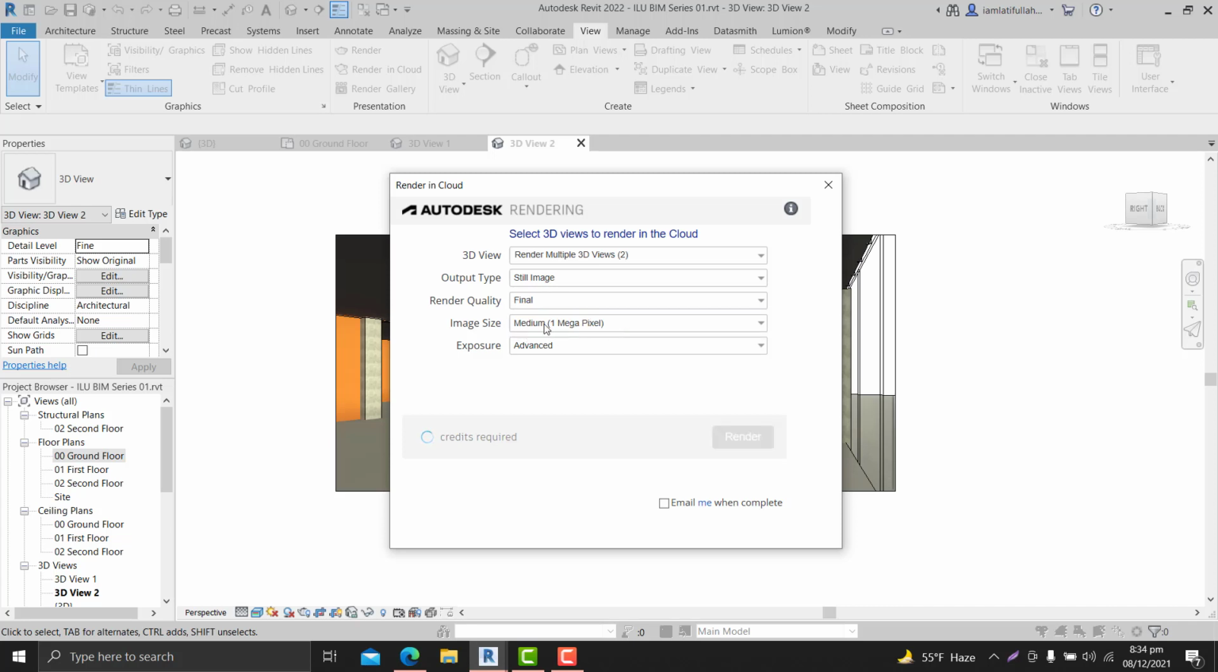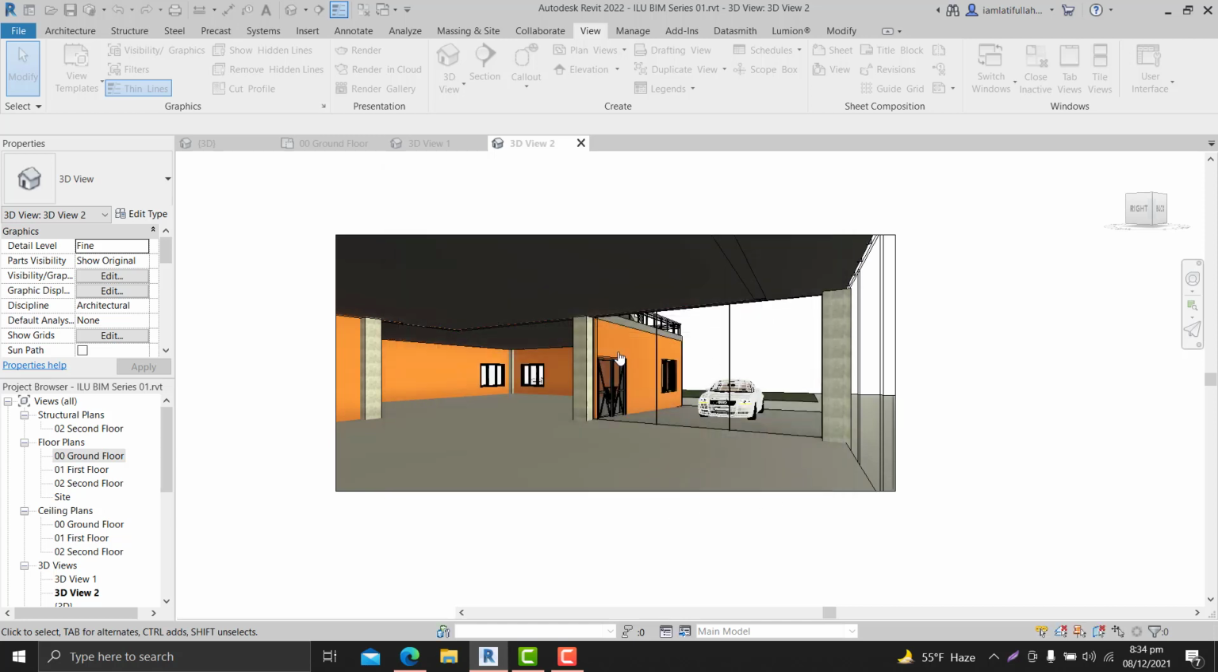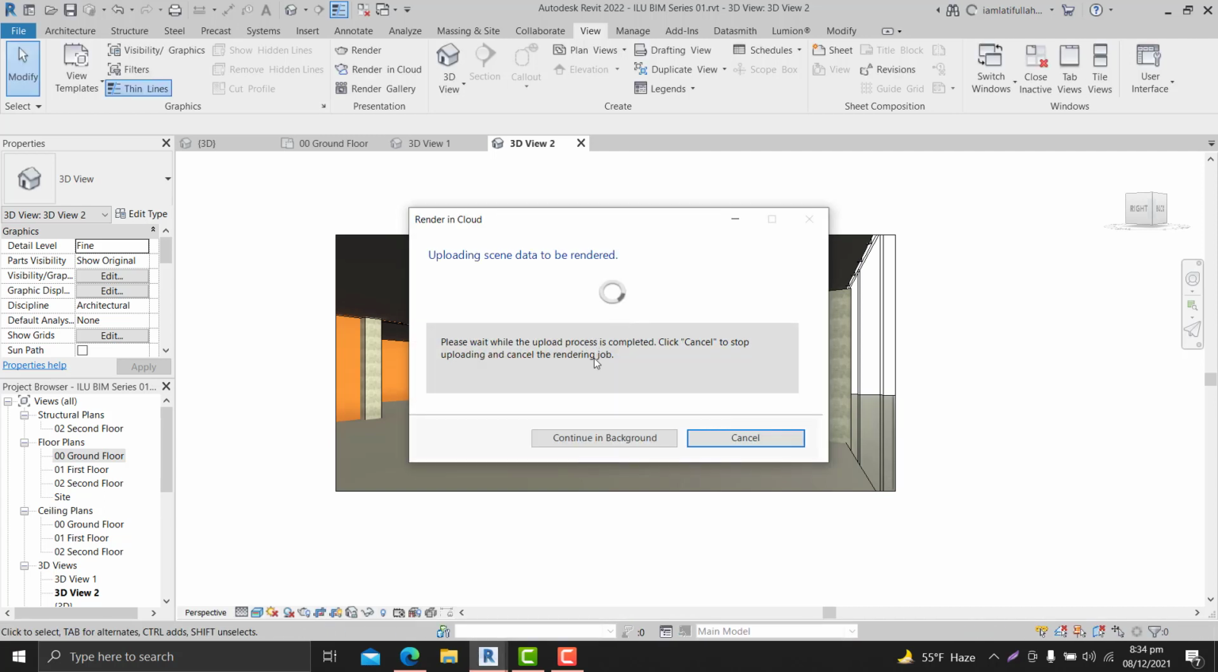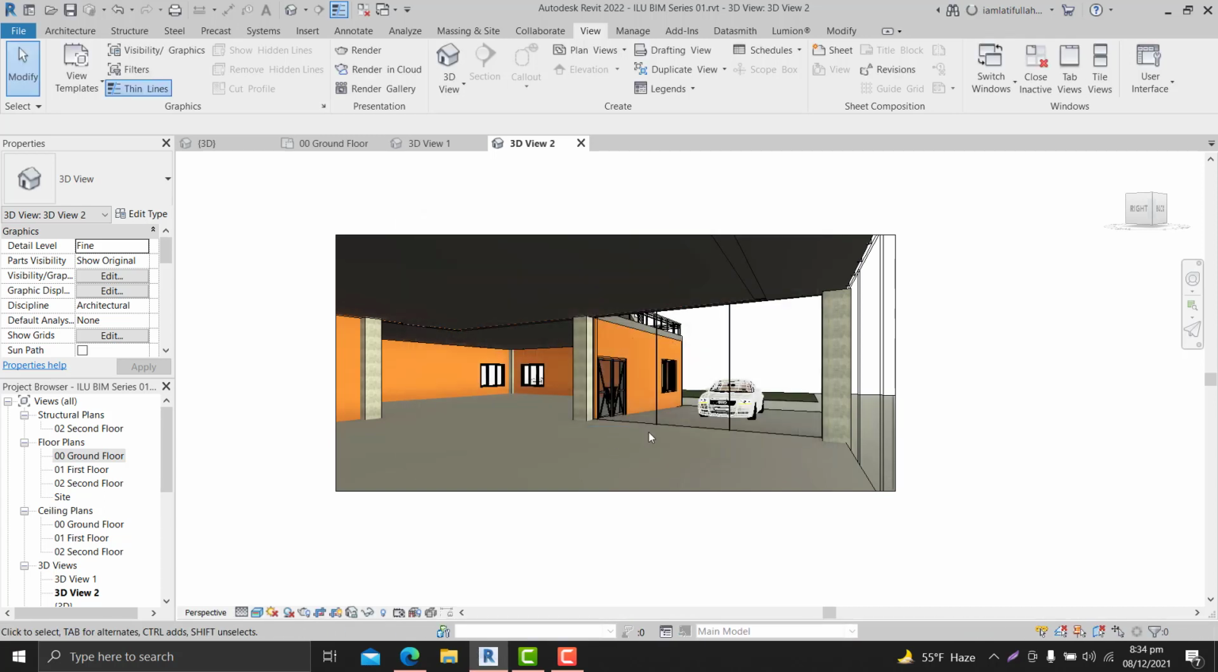I think let's go for the final one, and you can select the size of the render. The larger size you want, the more time it would take. But let's select something decent like large 2.25 megapixel, and the exposure, which exposure do you want, native exposure or advanced. So I will select email me when complete, so you would get an email notification when your render is complete. So click on render. So these both renders would now start. So once the scenes are uploaded,